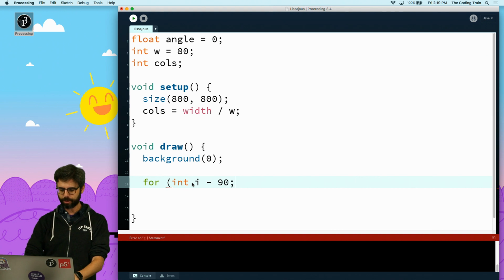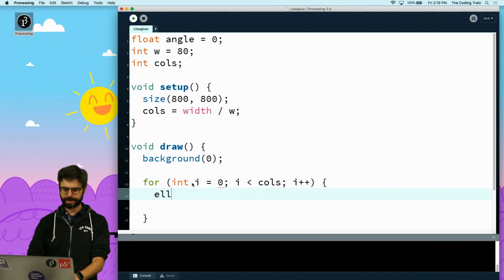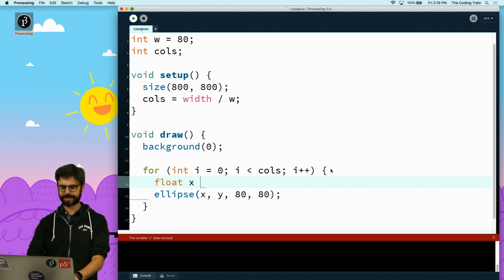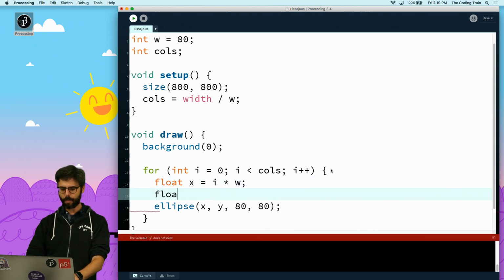So if I loop in draw, start at 0, go all the way up to columns, i++, and then I just draw an ellipse at some x and some y with some diameter, let's just use 80 right now, and the x is what? i times w, and the y is just 0 right now.